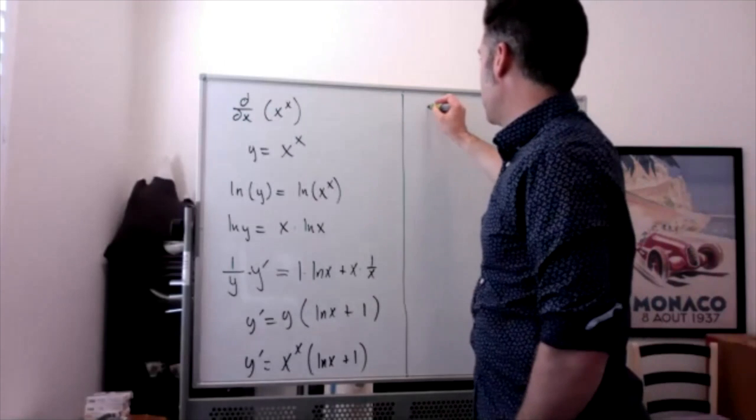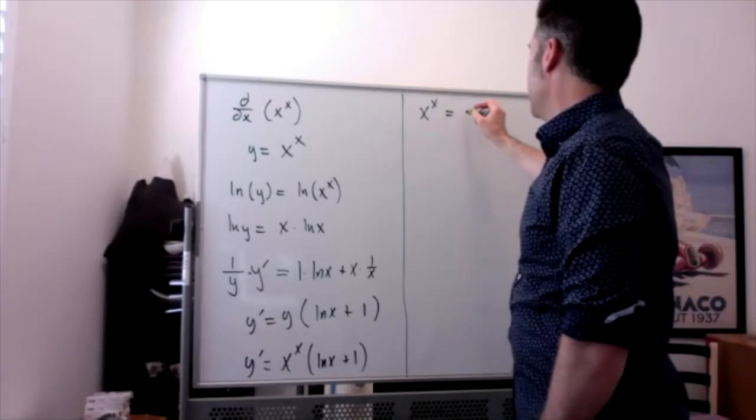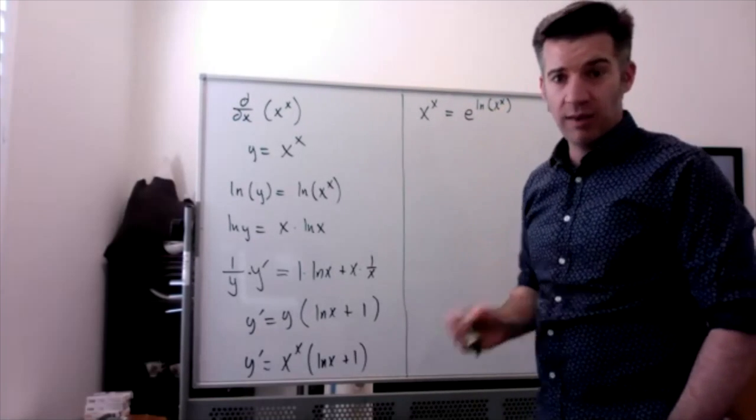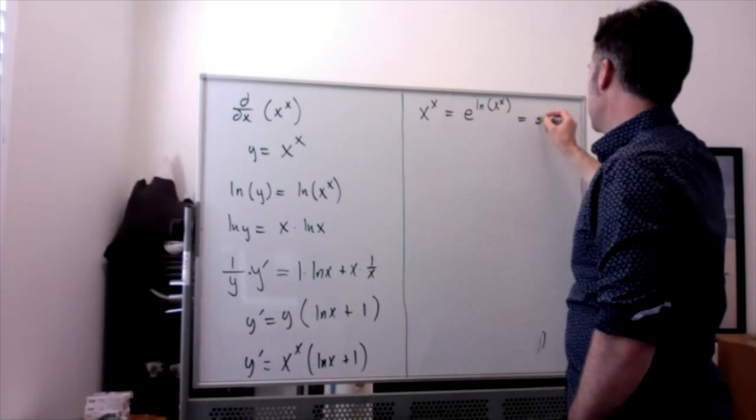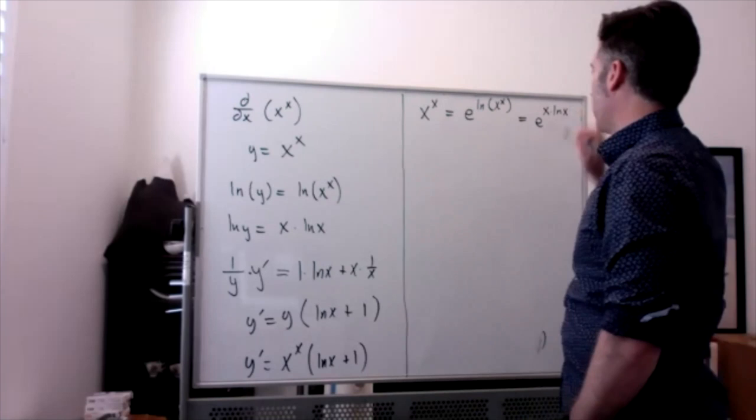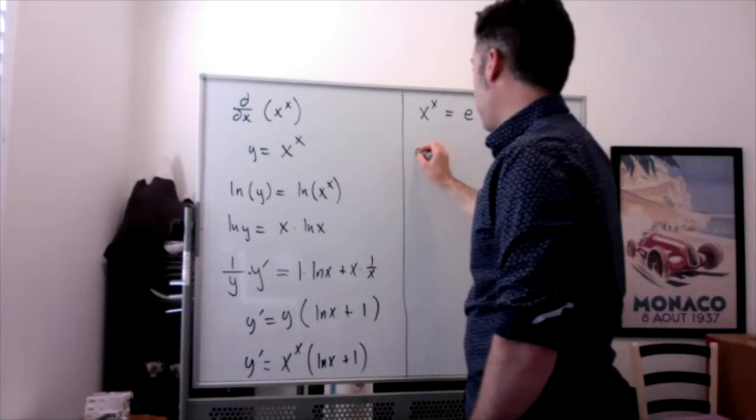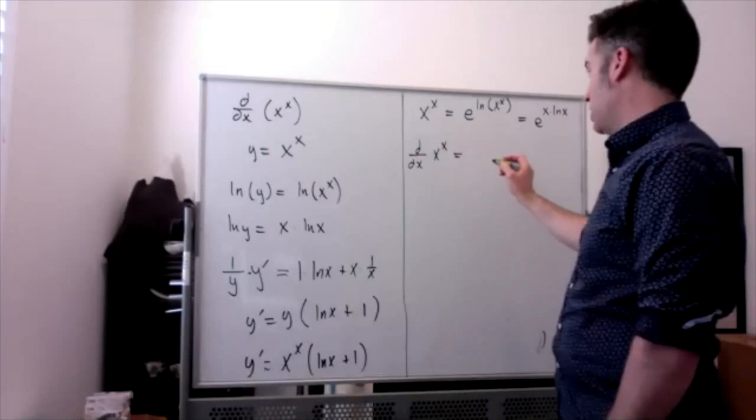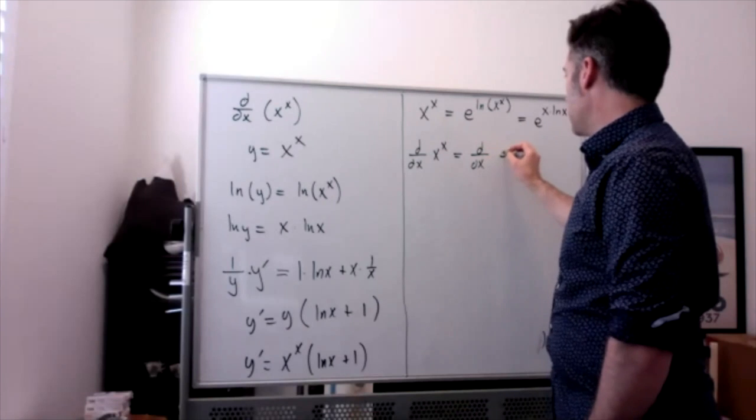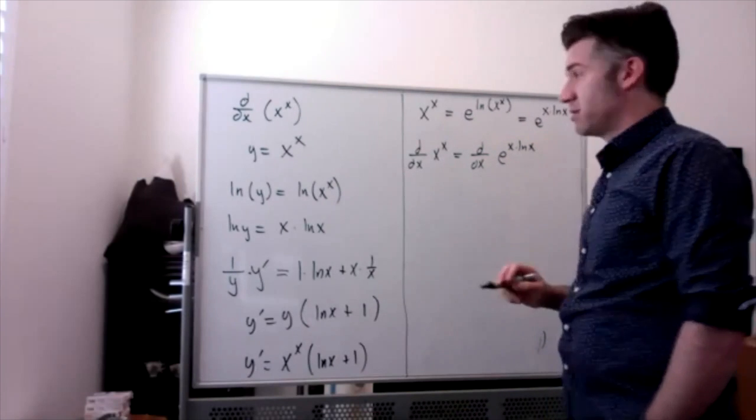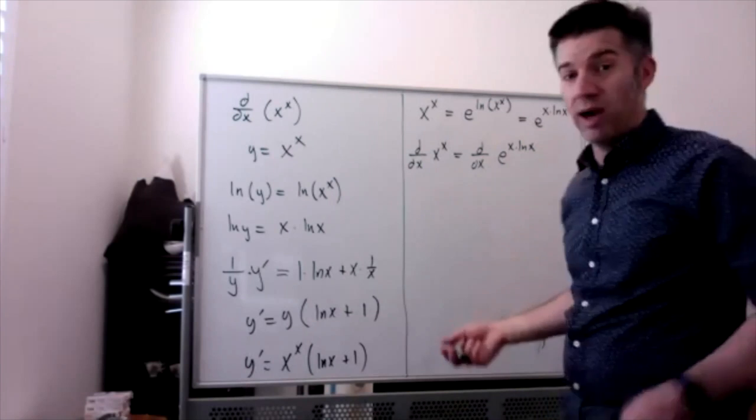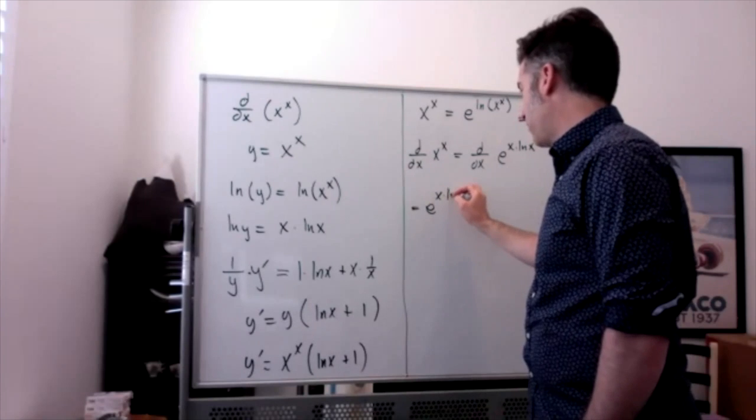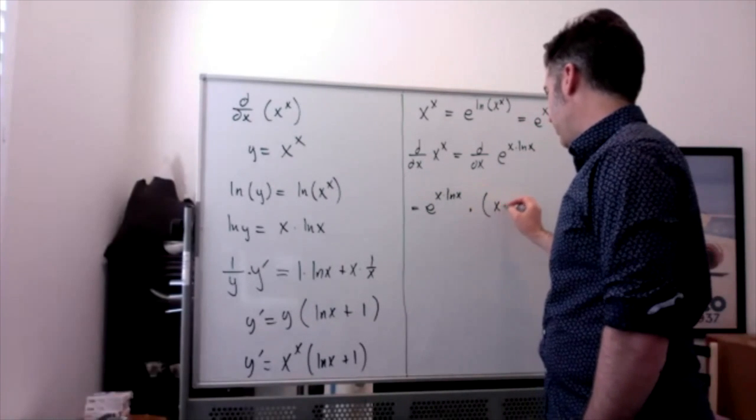I'm going to rewrite x to the x as e to the natural log of x to the x. And then I'm going to rewrite that as e to the x times the natural log of x. So if I'm going to differentiate x to the x, I can think of it as differentiating e to the x times natural log of x. And then the derivative of that is going to be, well, I know how to find the derivative of e to the stuff. That's going to be e to the stuff